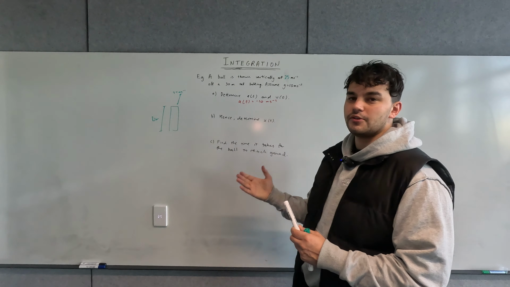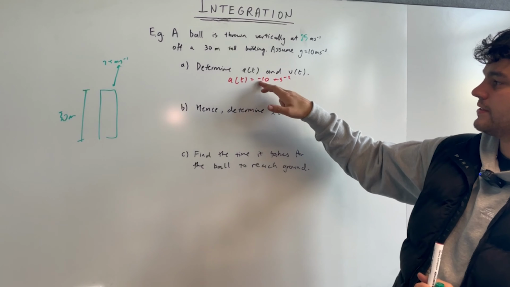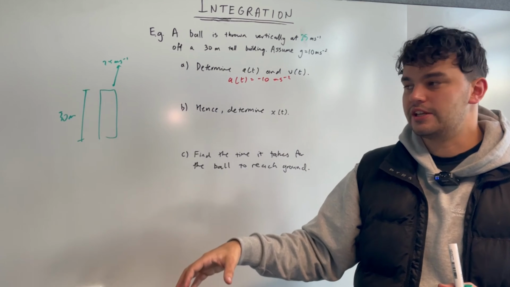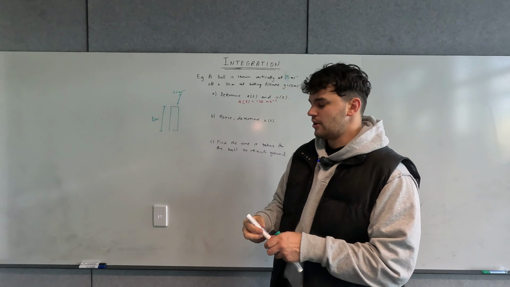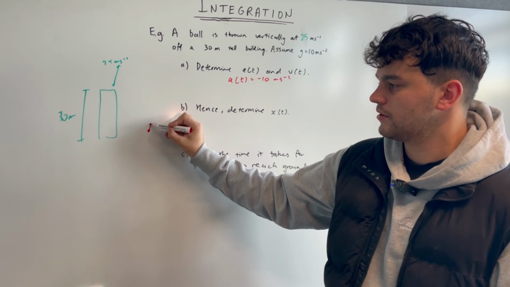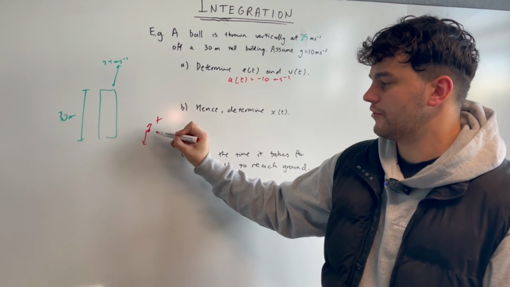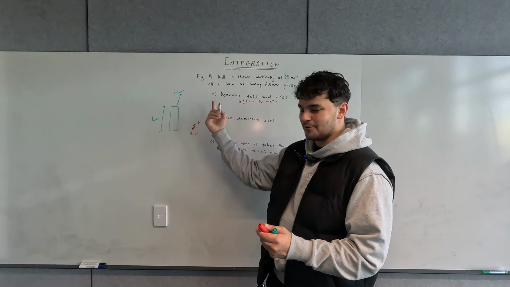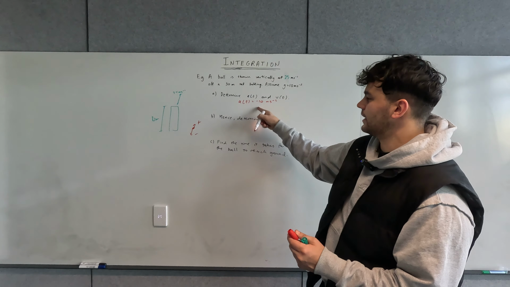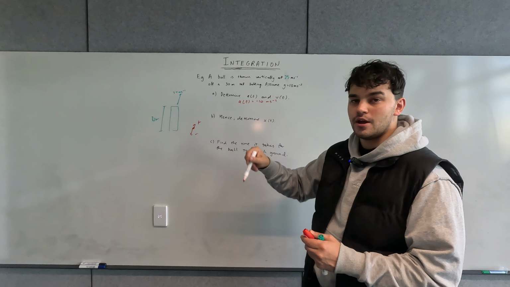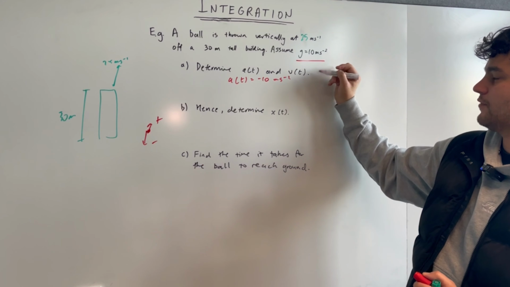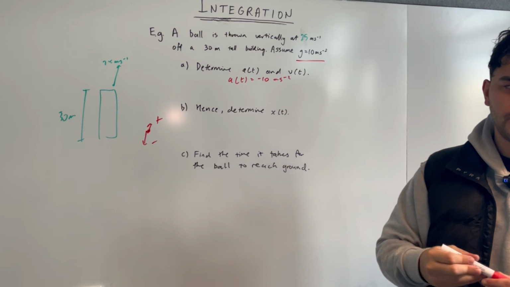Now, I just want to reiterate that this negative sign and your relative position depends on what you define. So for example, in this question, I've assumed that up is positive and downwards is negative. It makes the most sense, right? Upwards positive, downwards negative. So when I put acceleration, I'm putting it as negative because I want to indicate that gravity goes downwards. And you can see here, even though it has g is equal to 10 meters per second squared,